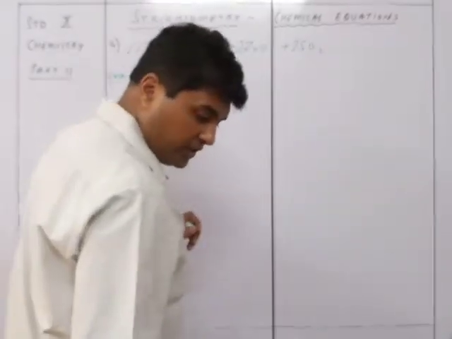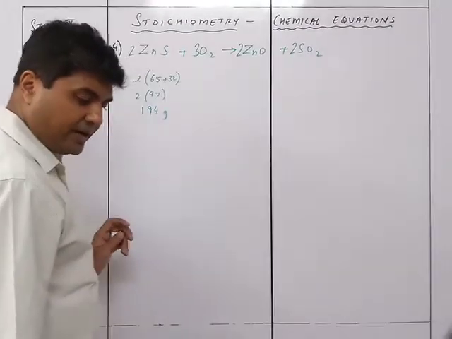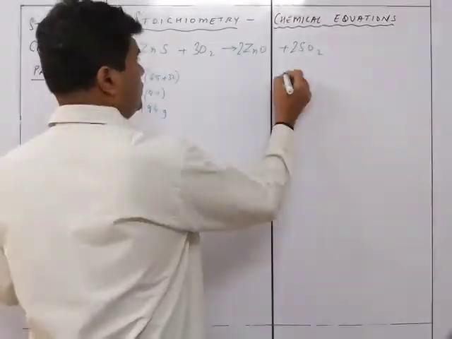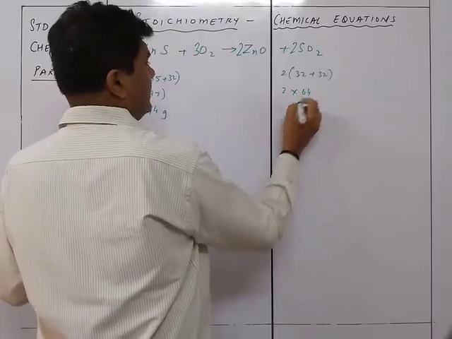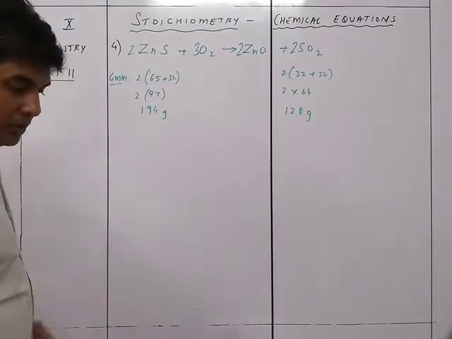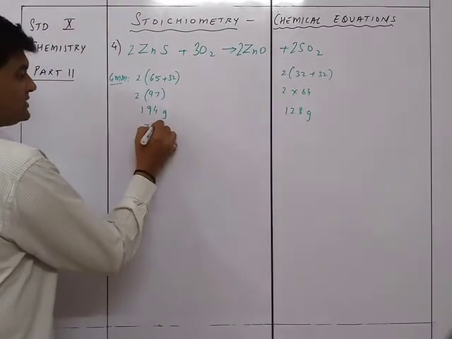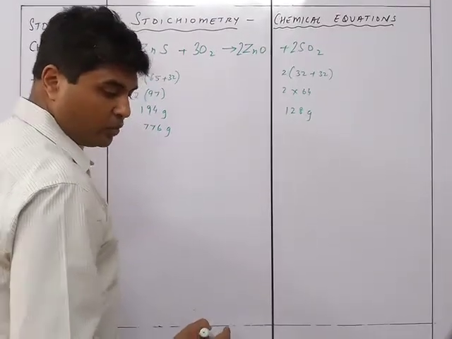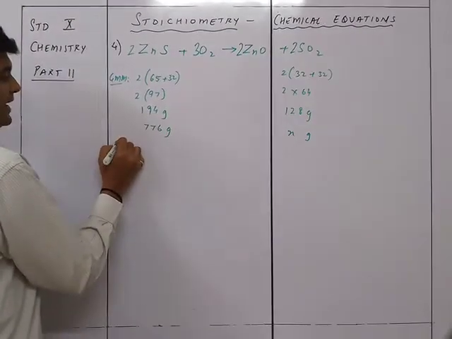You wanted to know the mole of sulfur dioxide, and also its volume as well as the mass. So for SO2 it will be 2 into 32 plus 32, 2 into 64, which is equal to 128 grams. So first thing is that we are taking over here 776 grams of ZnS will produce how many moles of this thing. So first of all we'll take it as grams. So 194 grams